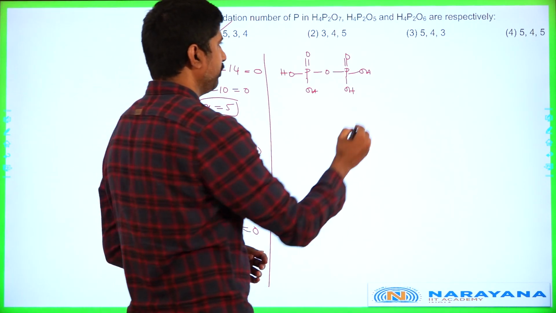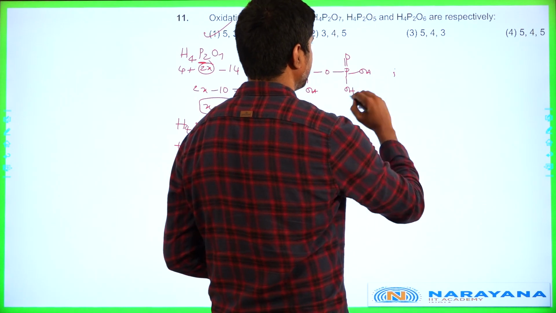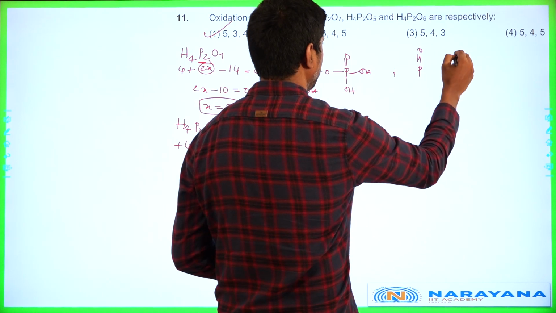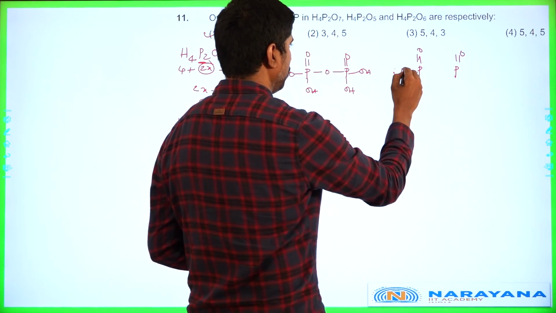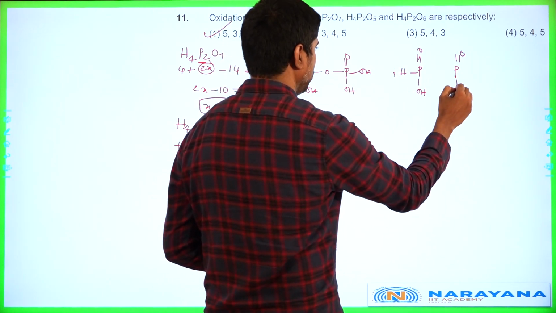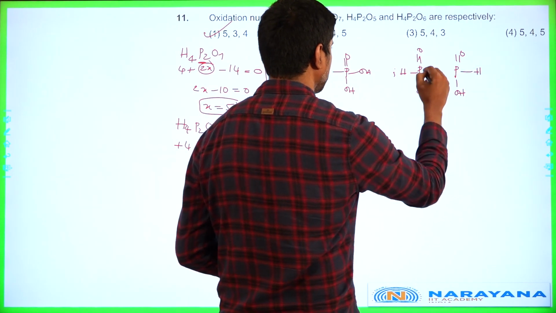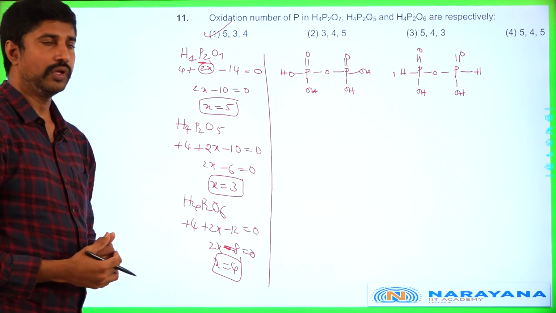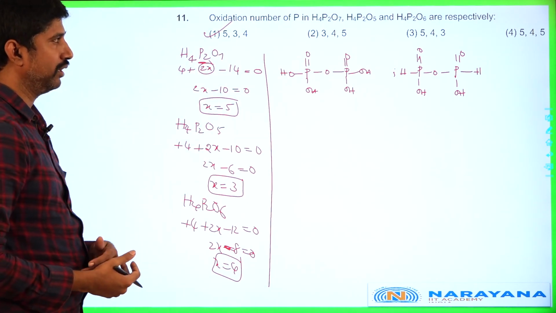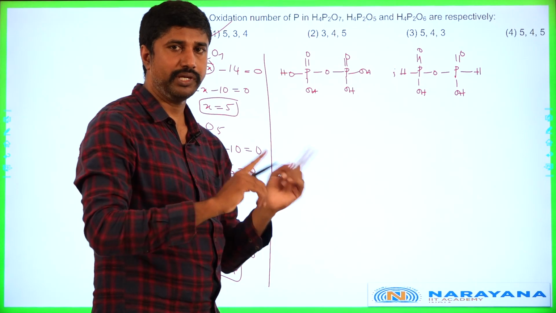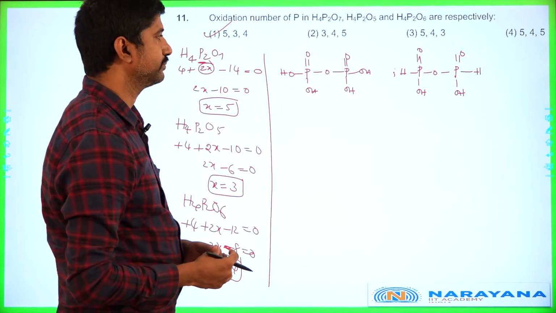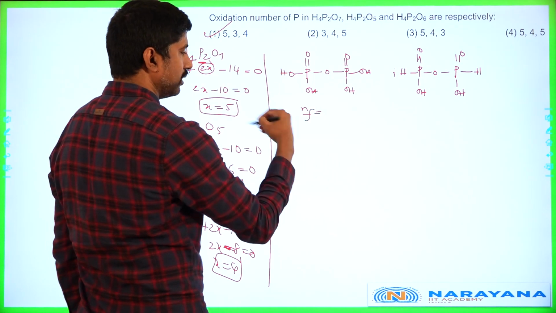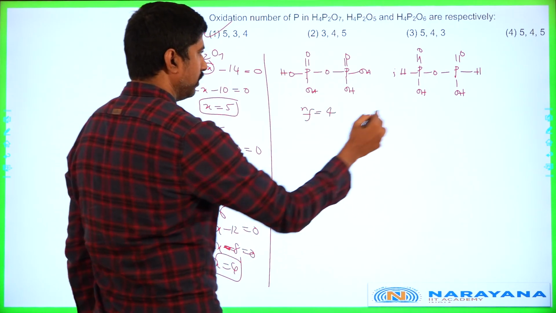And H4P2O5 if you consider, so P and P, double bond O, H, OH, here also OH and H, here O, that is H4P2O5. So both H4P2O7 and H4P2O5 contain POP bonds, and the number of replaceable acidic hydrogens, the basicity of an acid, is 4 and